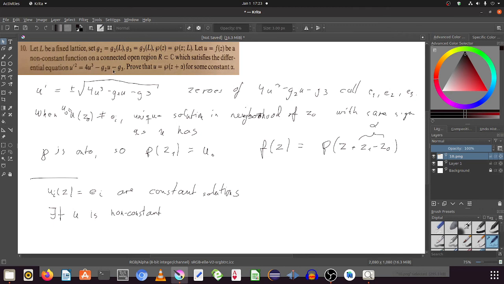That's only for distinct values, the E values, and if that is for infinitely many,